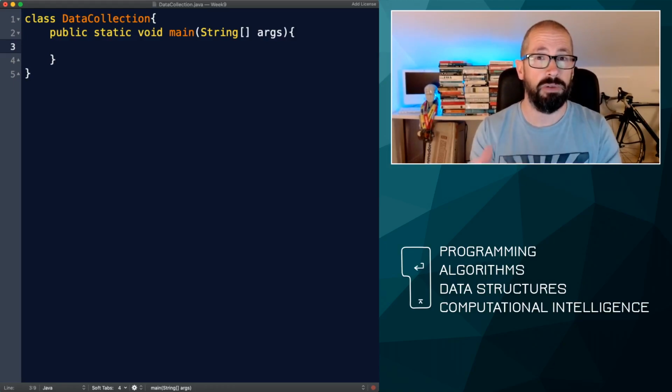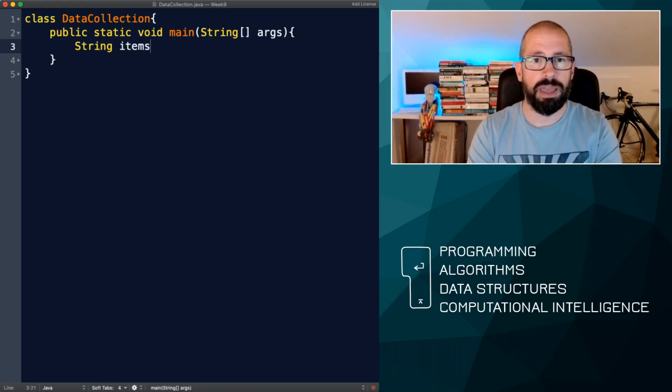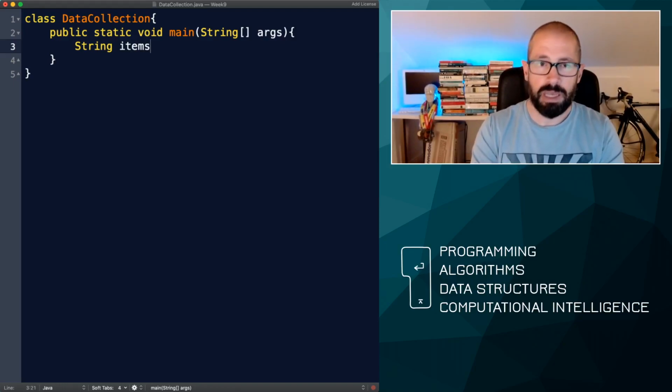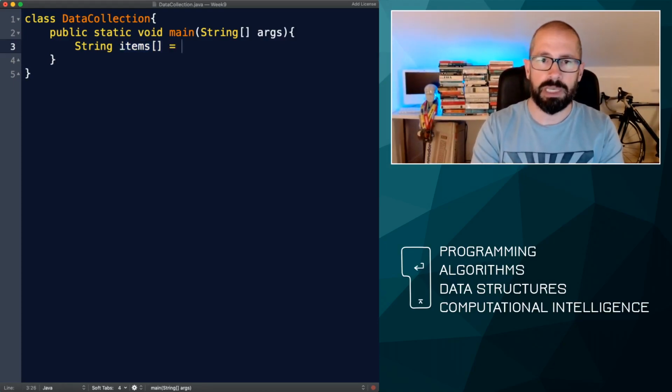Let's go through the process of creating an array. Let's say I wanted to create some data that represented a shopping list. What kind of things do I have on the shopping list? Well, I have the names of items on the shopping list. So what I could do is have an array of strings. I'm going to call them items, and I'm going to use the square brackets to signify that I'm declaring an array. So I have String items equals,